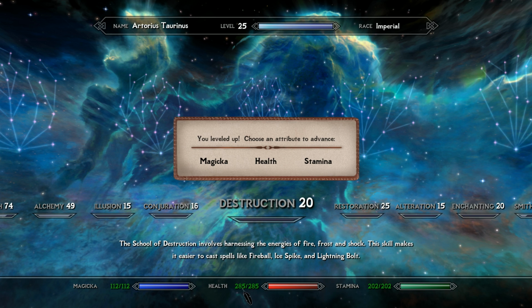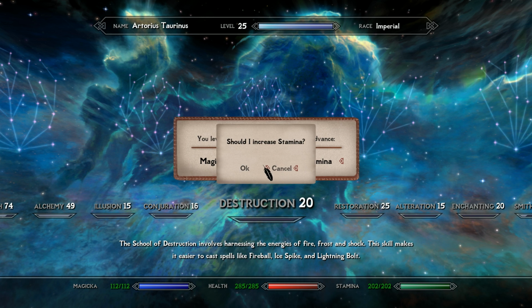So, we're almost up to 300 health here, and I noticed the stamina, I haven't put anything in, and I said I was going to pump health, which I think I still will. But I've been doing a little bit of training with my sword arm, swinging the old axe with some training dummies, and I noticed that I'm running out of stamina really quickly whenever I get into a melee fight, so I'm going to go ahead and put a point into stamina,